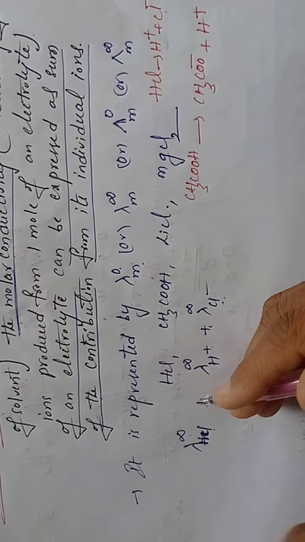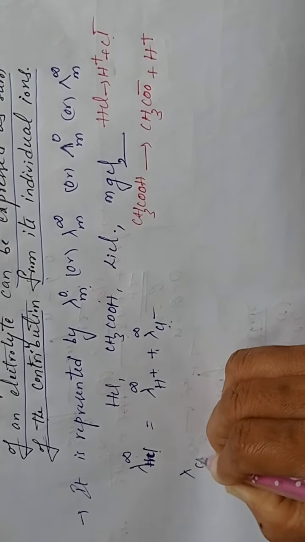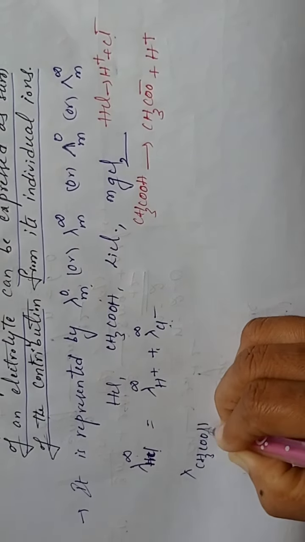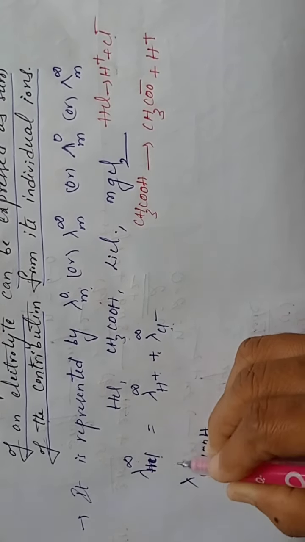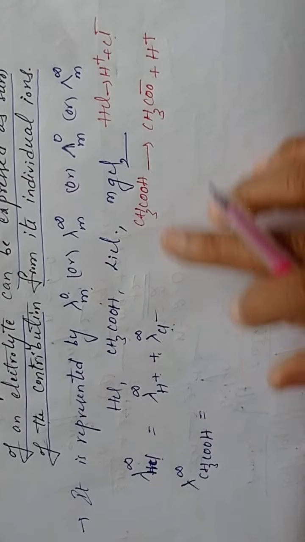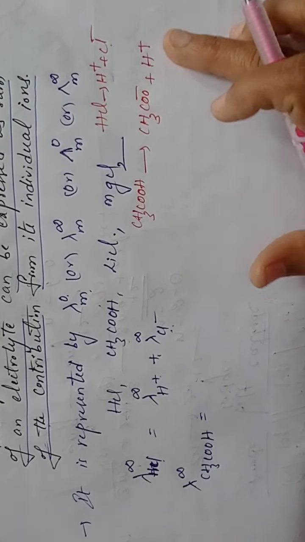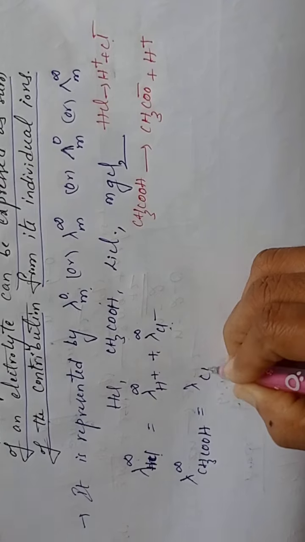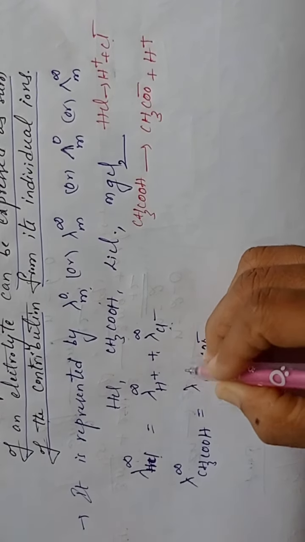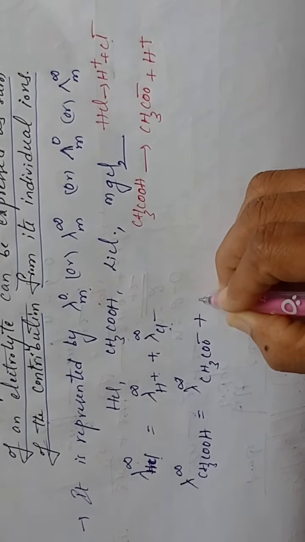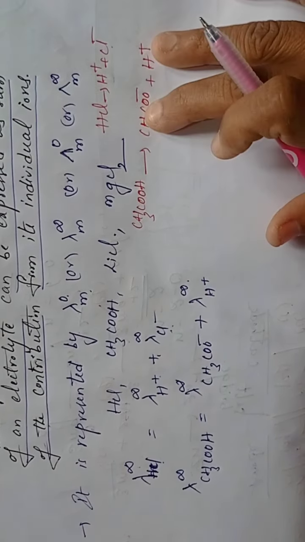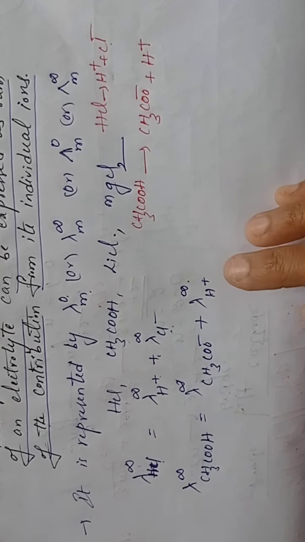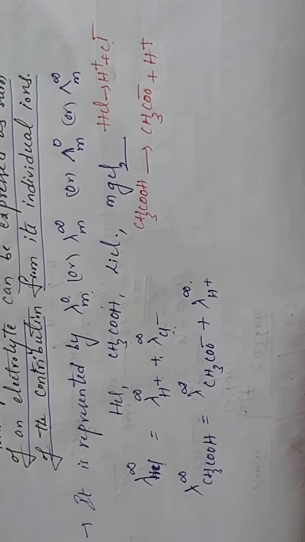Lambda of acetic acid CH3COOH, the molar conductivity of acetic acid at infinite dilution, is equal to, since it dissociates into one anion and one cation, lambda CH3COO minus at infinite dilution plus lambda H plus at infinite dilution. These 2 ions you have to take, students. Clear this one? So like this you have to write. Now see one more